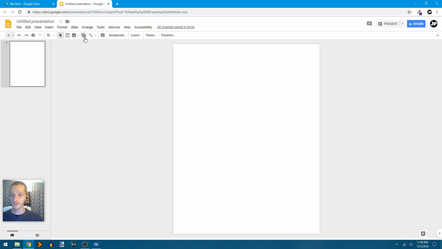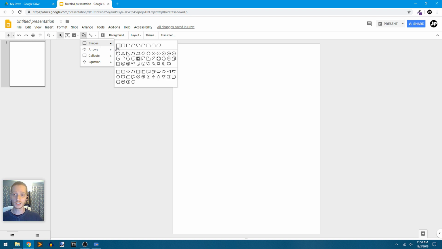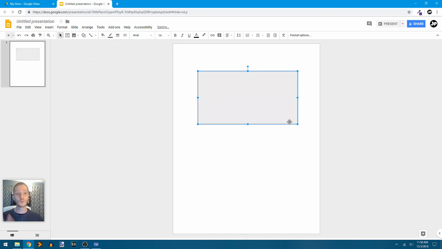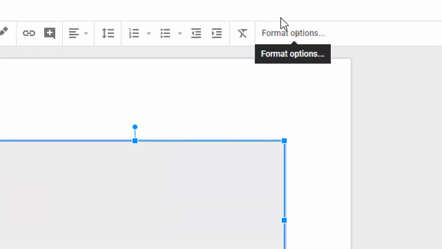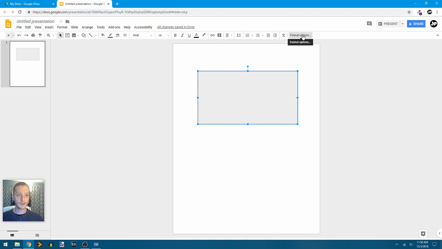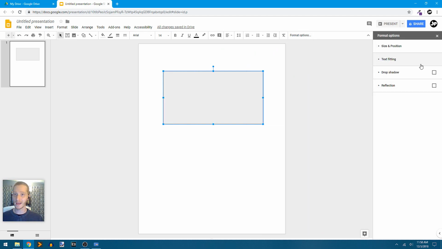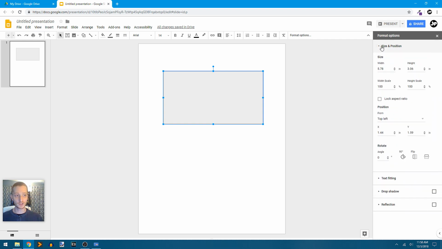Let's check it out. So first, I'm going to draw in a square, and I really don't have to worry about what size it is when I draw it in here because I'm going to go right up here to the Format Options button right here. And when I click that, it's going to open this panel on the right-hand side. And the top option here is size and position. I can drop that down, and in here I can actually specify granularly what size this shape is on the